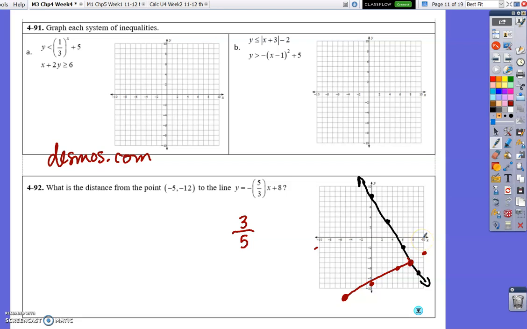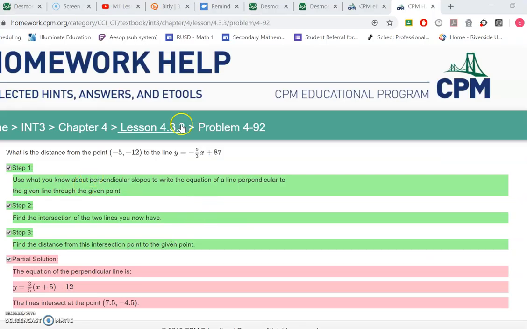That's complicated. What do we want to do? The other thing we can do is treat it like it's changing, because the shortest distance between two things is perpendicular. You think about that one. I'll give you an answer tomorrow, but struggle. Actually, we can see what CPM says, so I'm going to pause and take a look and see what some of their hints are. Alright, so I looked up the homework help for question 92,